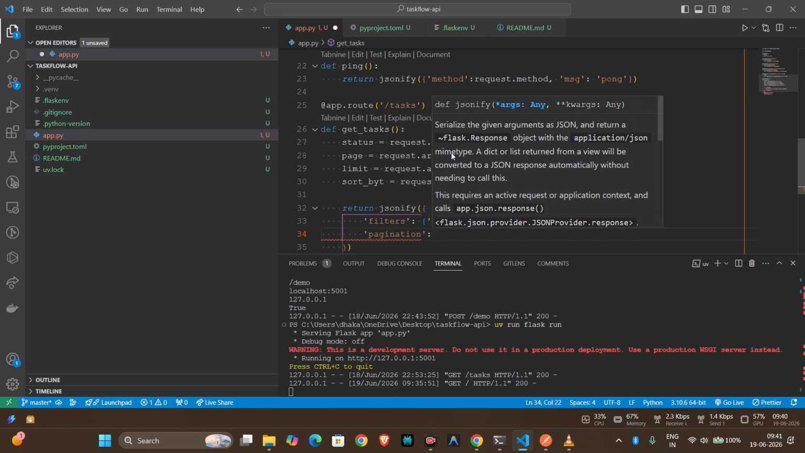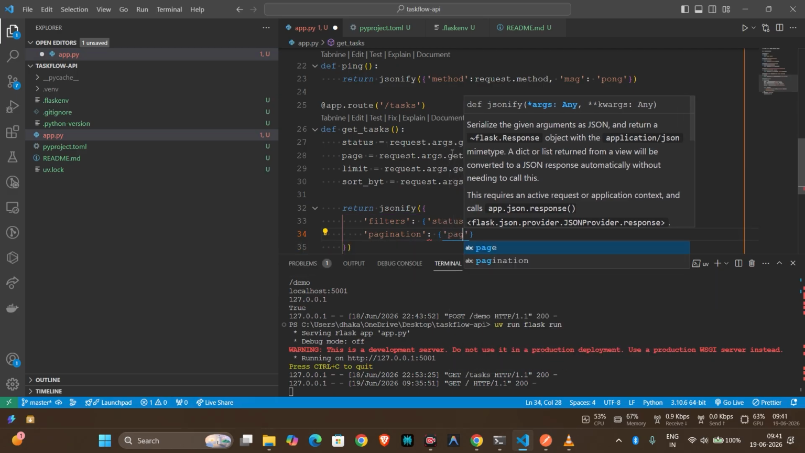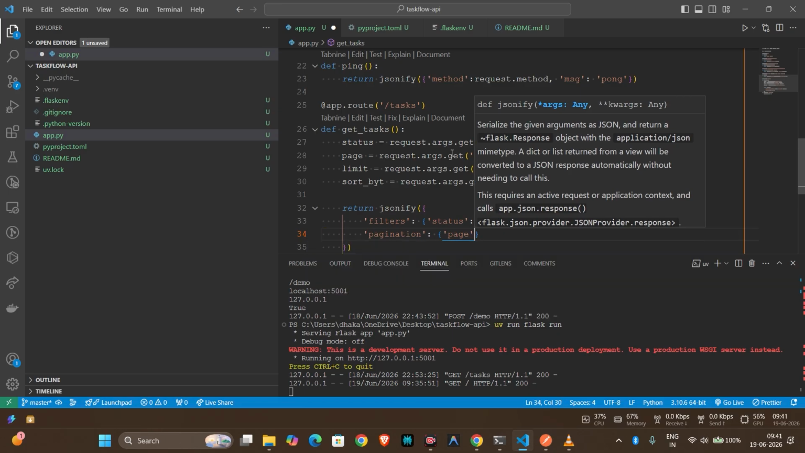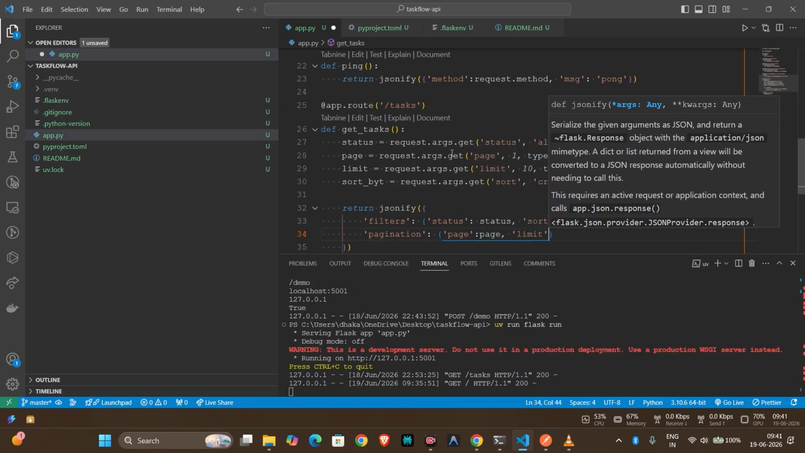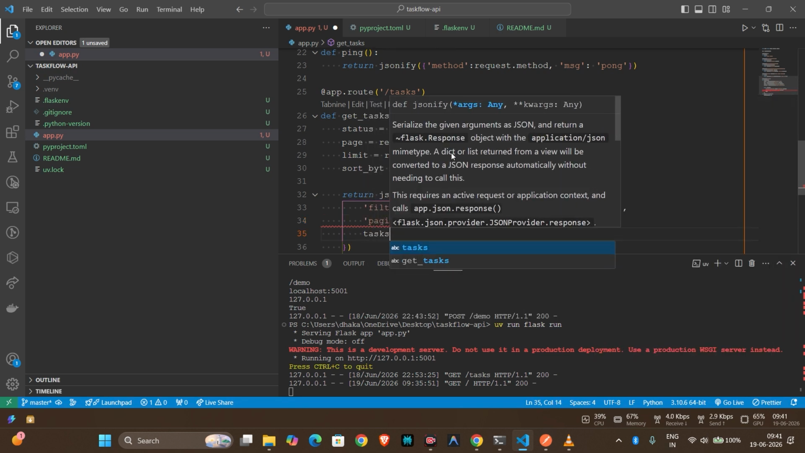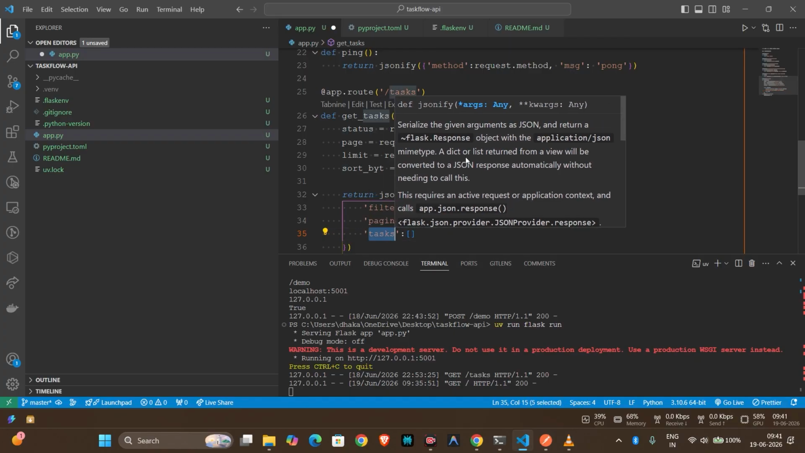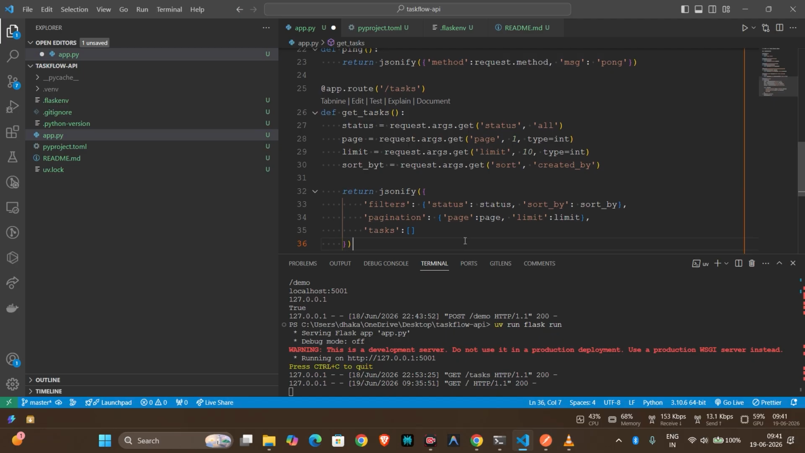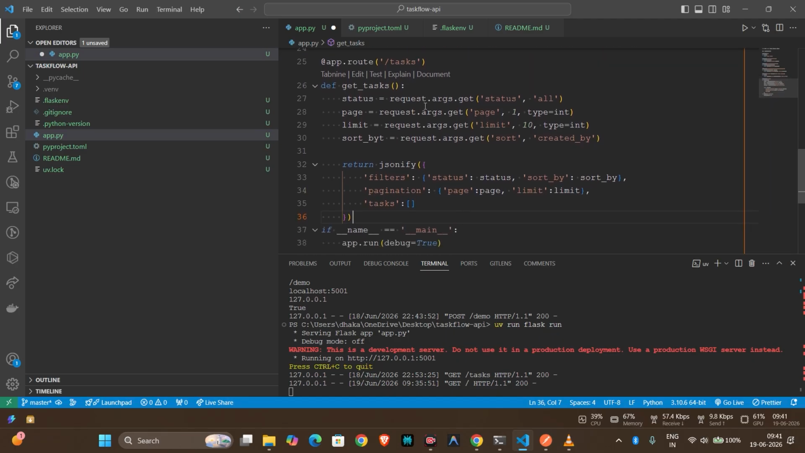Next, we will have page animation. Page, comma, limit. Here we have limit. Next, we will return task, that is empty. Okay, so we created a new route. This will have slash task. So I will call this one, and we will check this. If I save this and run,